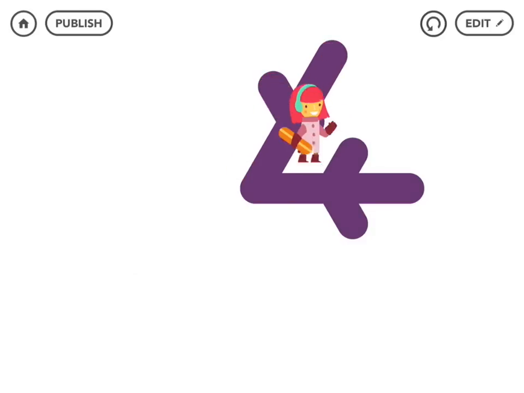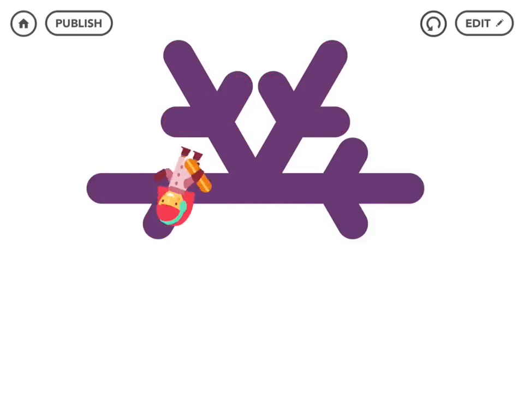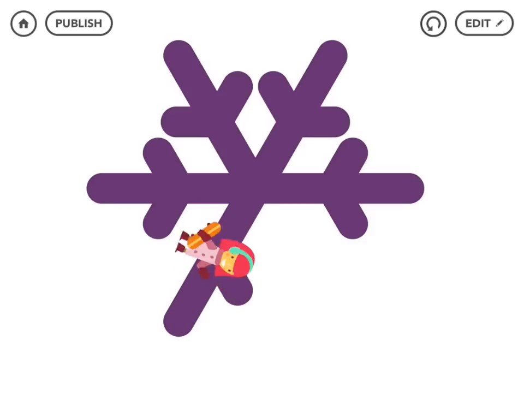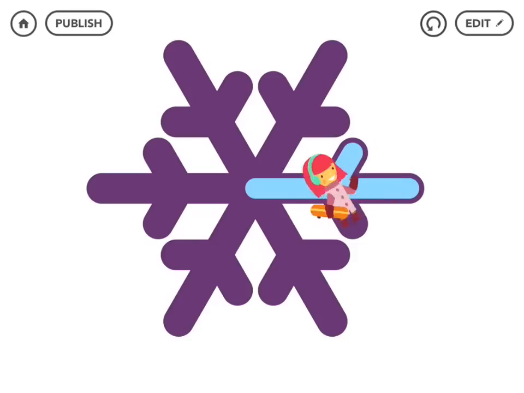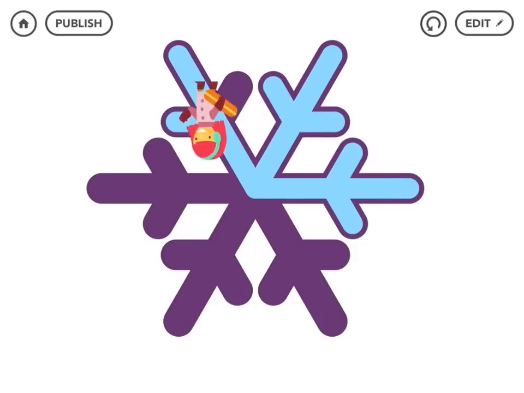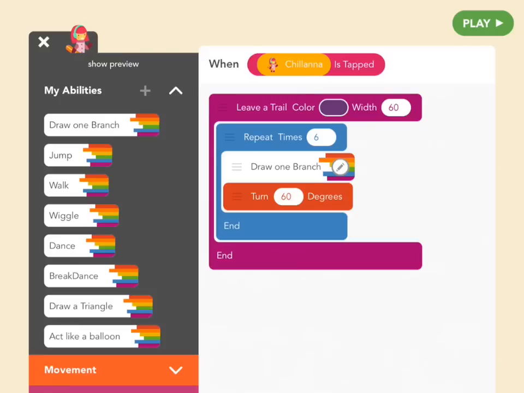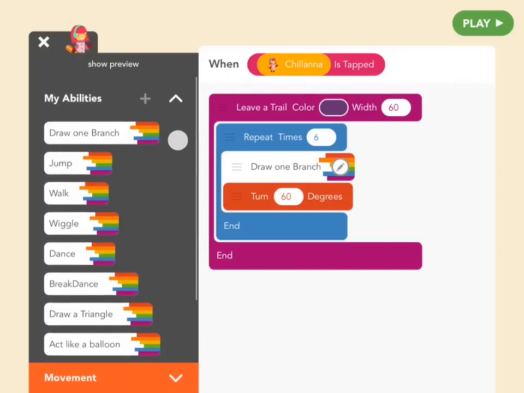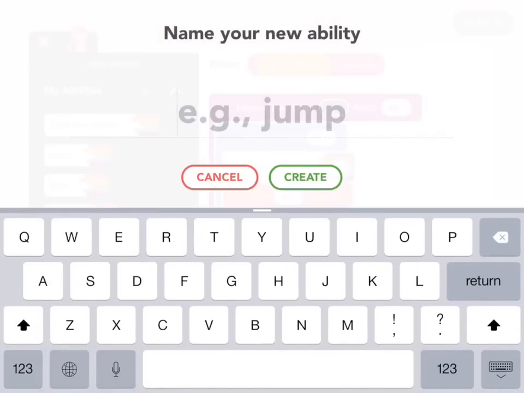Wow, you just made the entire snowflake like a boss. Now all of this drew us a snowflake shape with a 60 width and a dark blue color. But what if we wanted to put other layers on top of this, like this? Wow, that looks cool. Well, one way to do that would be to create another ability that draws the entire snowflake. So let's go back to the plus symbol and let's make a new ability